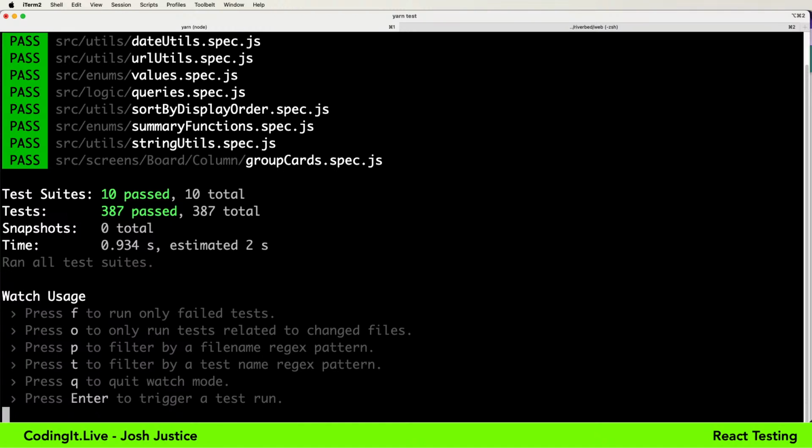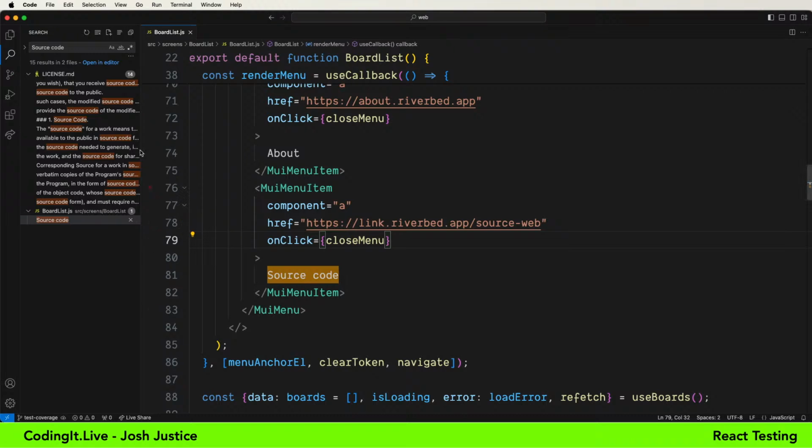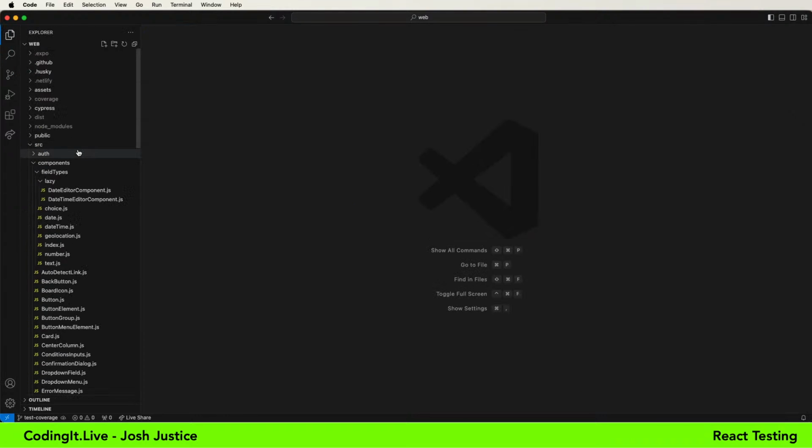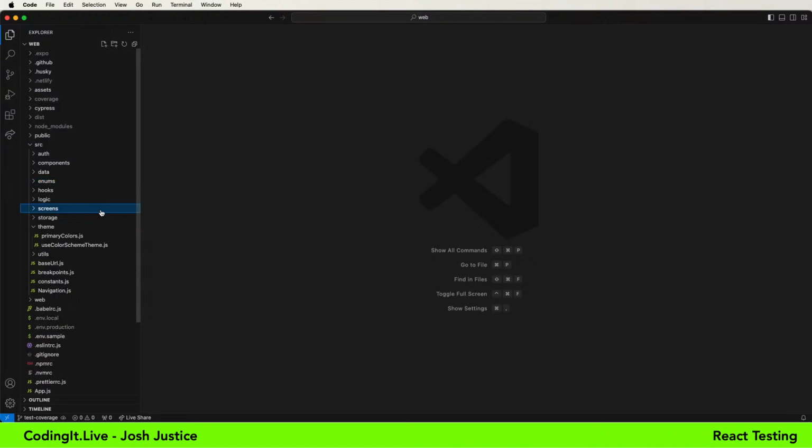So let's jump into the code and see what will be most useful to add test coverage for. Just starting at the start of the code base, because with some qualifications I'll say as we go, I really want to cover all the functionality for all of my application code. And so I really just want to start at the top of the source code and add tests for everything.